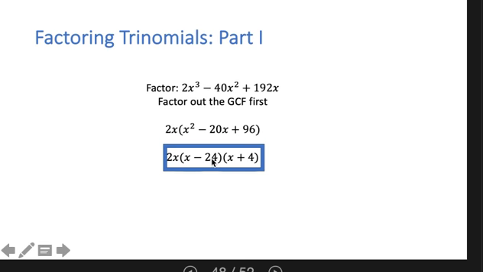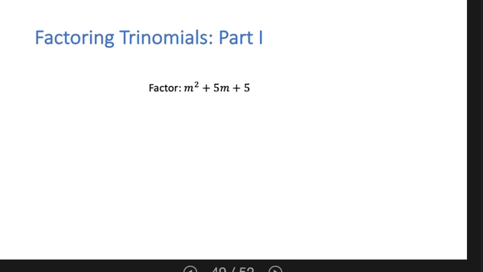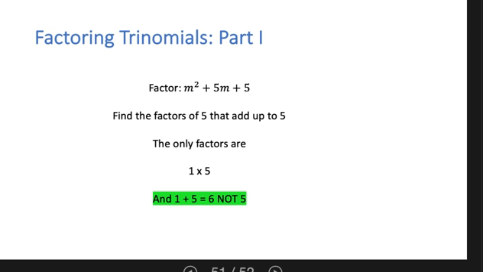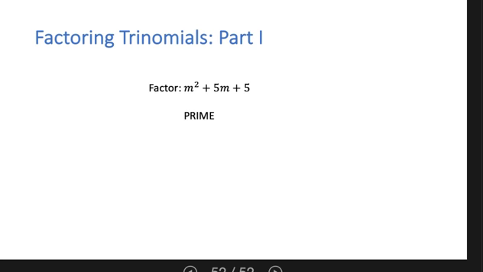Okay, one last example. m squared plus 5m plus 5. We need to find the factors of 5 that add up to 5. Well, the only factors of 5 are 1 and 5, and they don't add up to 5. They add up to 6. So there is no answer to this one. So we say that